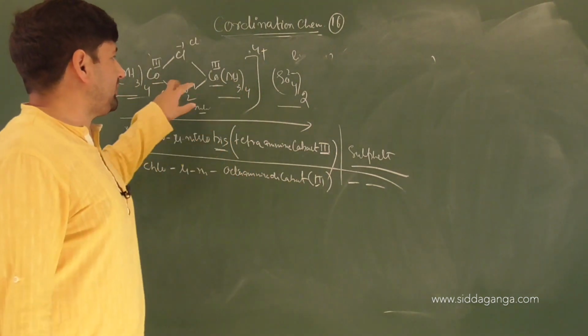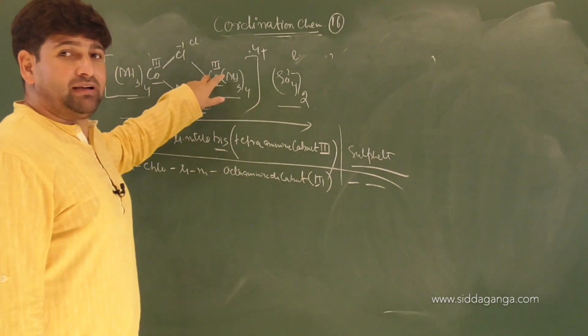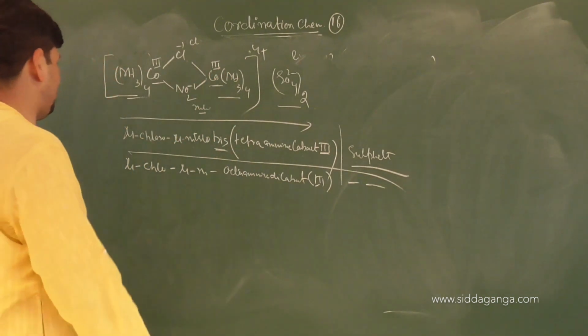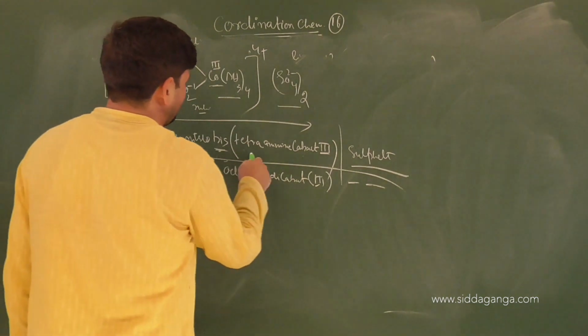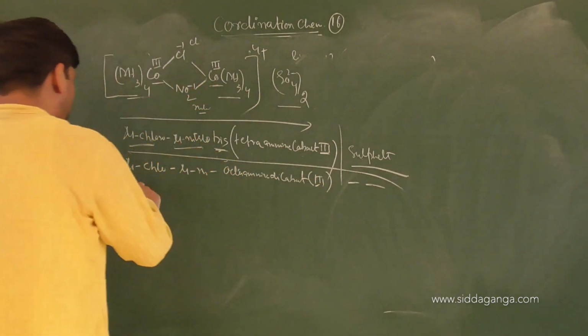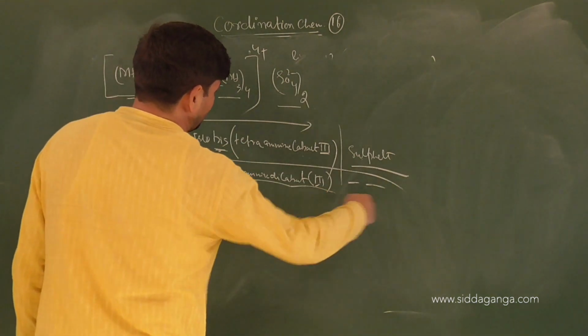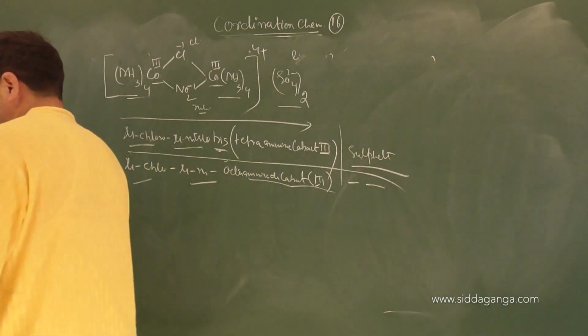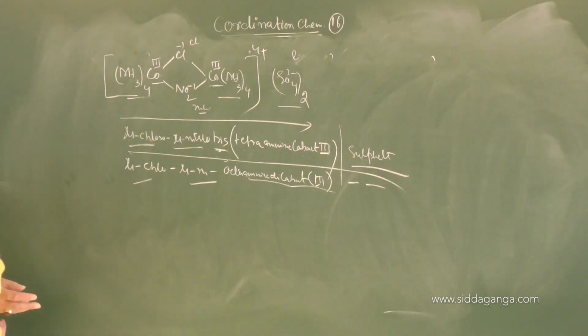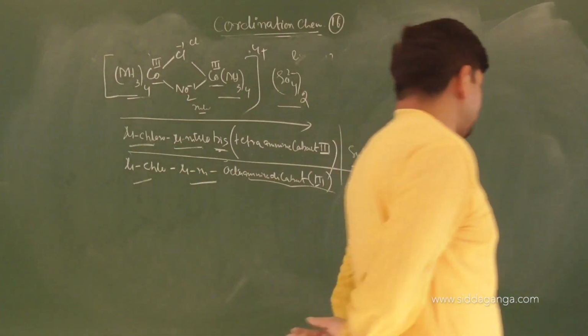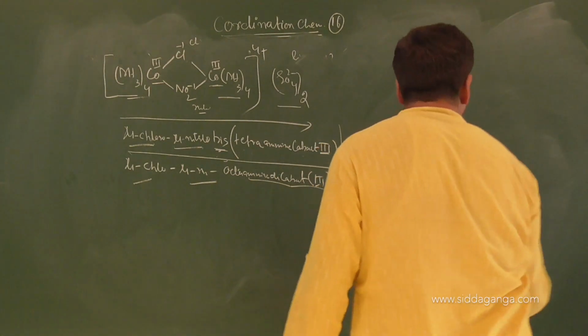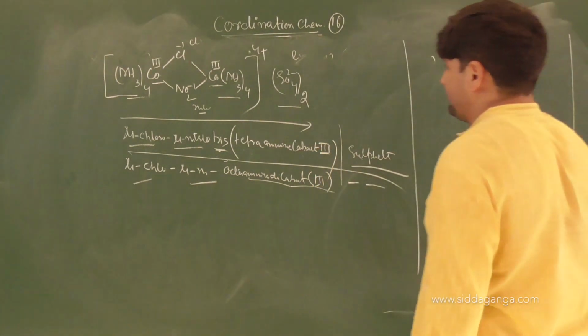So bis, when you are using it, means both ligand and central metal systems you have taken into consideration. So the correct name will be mu chloro mu nitro bis tetraamine cobalt 3 sulfate, or mu chloro mu nitro octaamine dicobalt 3 sulfate. That will be the name of the complex. Am I clear? Have a look on this, children, and understand it well. Right? Excellent, very good. Good, let's look at the next question.